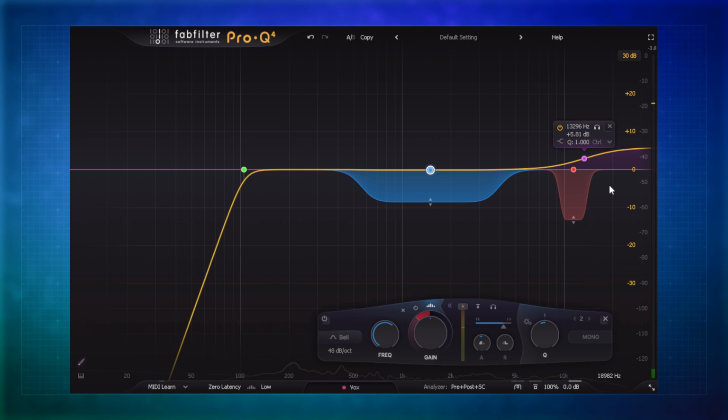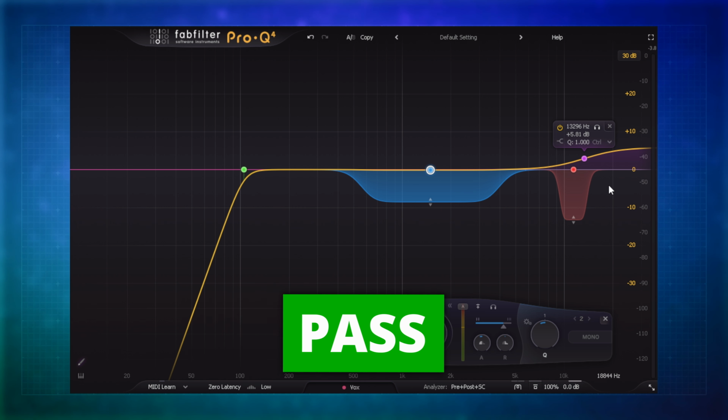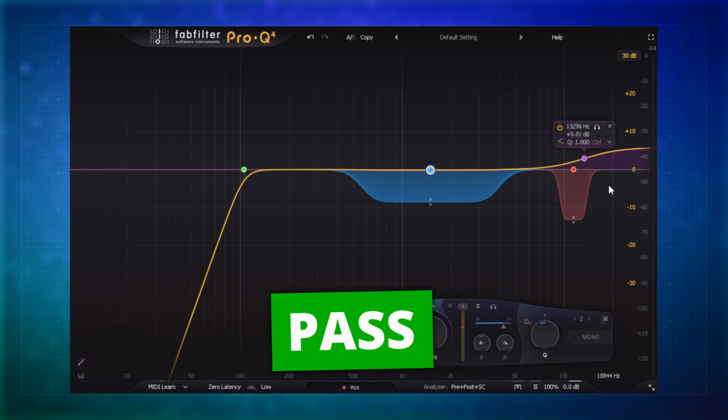So I think it's really helped to clean that up and get rid of that really high whistly sound. And that's where I think this is very useful indeed. It could be used in all kinds of different frequency ranges where you've got particular problems where you want to dynamically adjust them. And that's why I'm giving this feature a really big